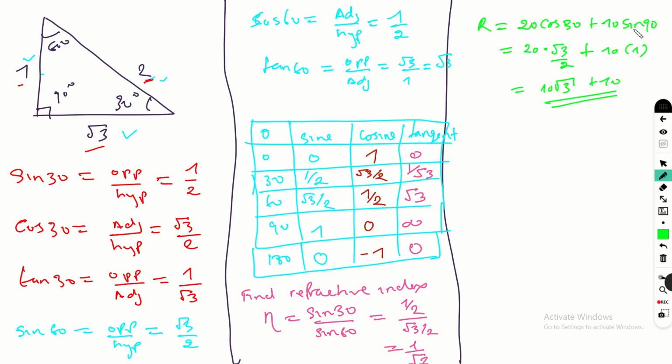Now, in your exams, they'll ask you about 45 degrees, 30 degrees, 0 degrees, 60 degrees, 180 degrees. These are the angles that you must know their values. You need to know their values offhand, in your head, without even using a calculator. So you don't need to waste time punching the calculator. But now, if you need a calculator, using a calculator,